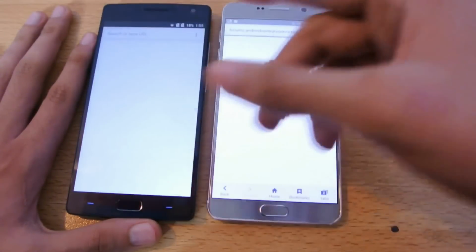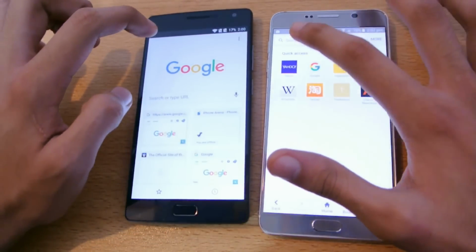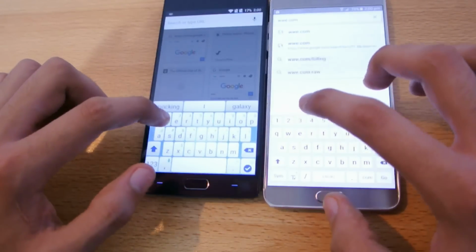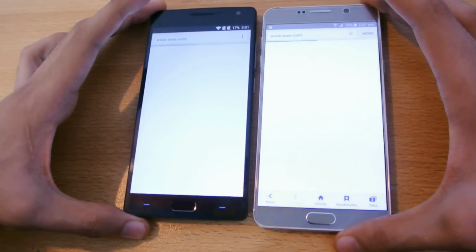So Chrome versus the internet. I'm just gonna use the stock browser on both phones. Okay, so let's just do this. I'm just gonna open up and type again, WWE.com. So here we go. Let's see. And